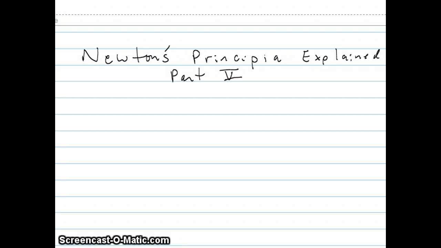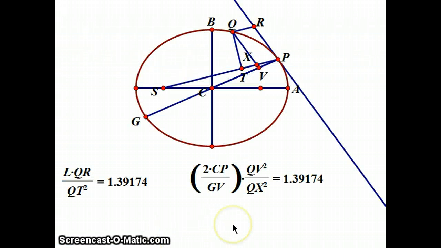This is part 5 of a series of lectures about Newton's Principia explained. In part 4 I summarized what Newton actually did, and basically he did a geometric proof about a property of an ellipse, which as a corollary said that the inverse square law was true if planets went around the sun in an ellipse. The geometric property is this, that in this ellipse here, that L is a constant in the